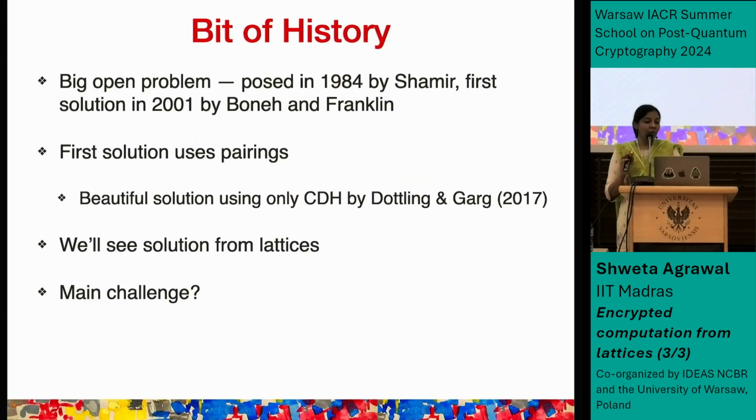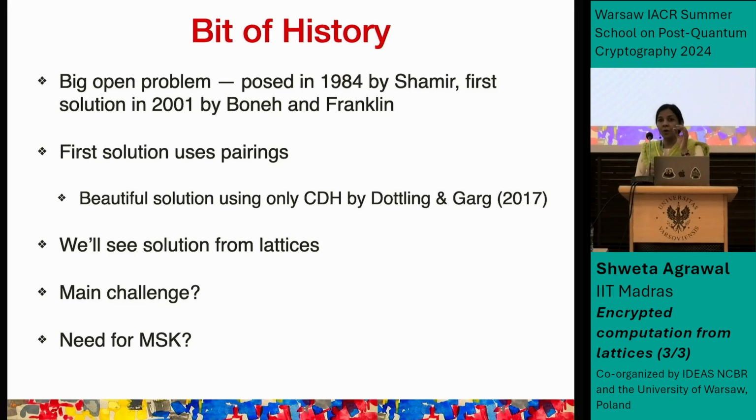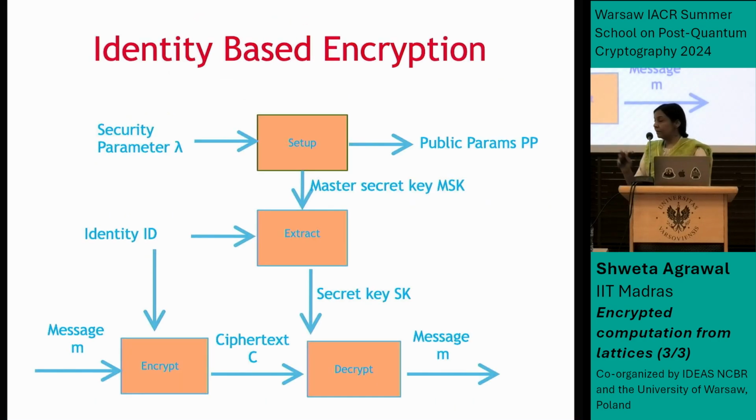Okay, so as I said, the main challenge, there are multiple ways of looking at it. One way that was suggested that also is a big problem. And another thing is this question of compression. Okay, and I'd also like to ask you, so when I showed you the schematic here, I said that there's a master secret key that the setup outputs, and this extraction or key generation algorithm takes the master secret key and the identity and then generates a secret key for any given identity, right?